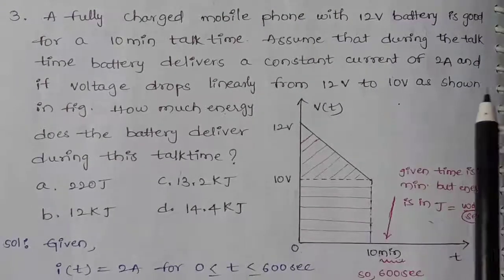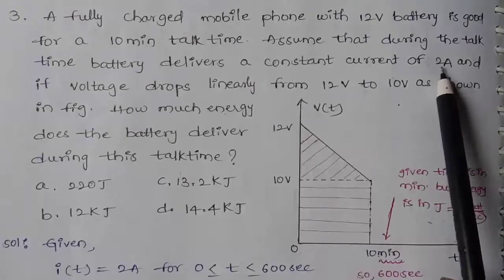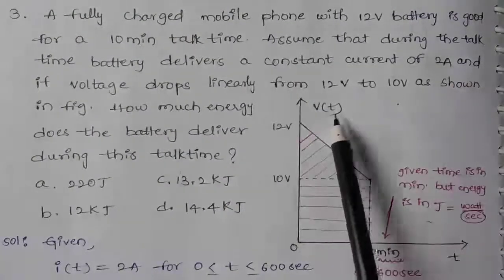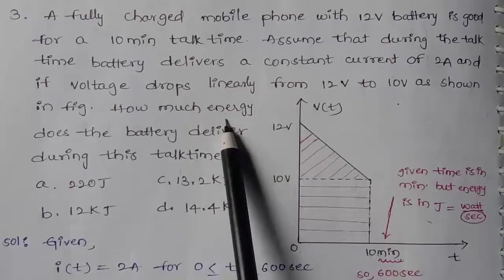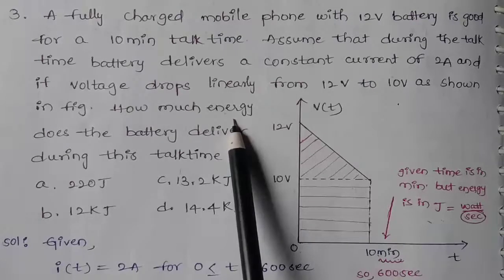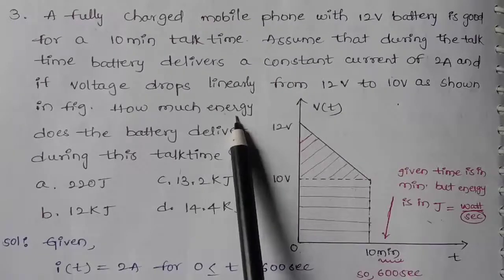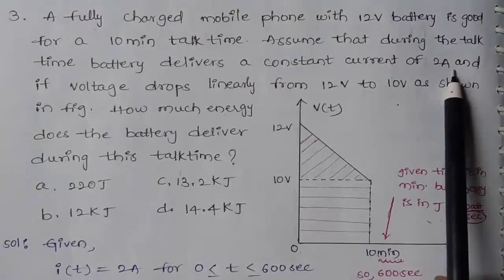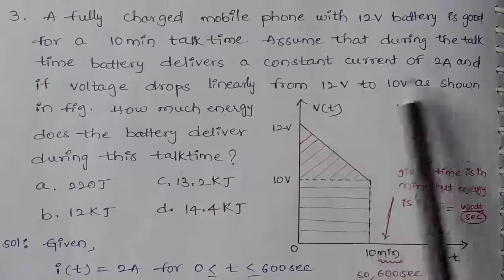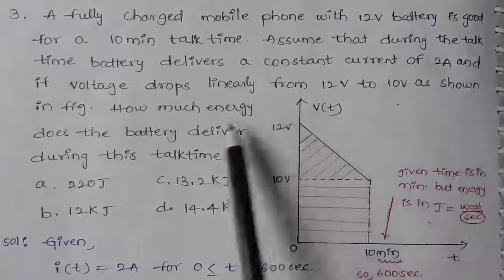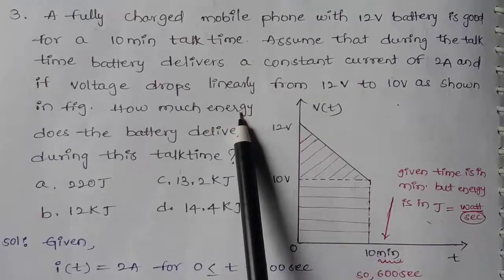Now, look at the question one more time. We are given the current and voltage, and we need to find our energy. From the previous lecture we already know that energy means the integration of power. Power is nothing but the multiplication of voltage and current. That means we need to multiply voltage and current, and integrate the product of voltage and current, so that we will get our energy. That is our required answer.